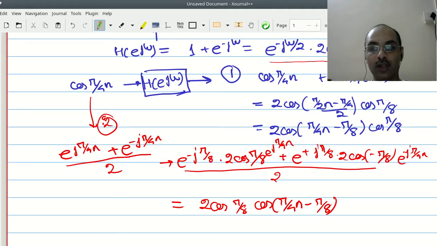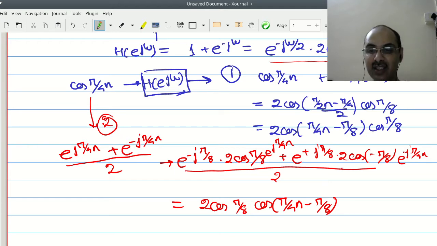So what do you see from this? Notice that this is a special sequence, a real cosine, and because the DTFT is symmetric around 0, you basically get the cosine shifted by a phase of π/8, and the scaling which you encounter is 2 cos(π/8).